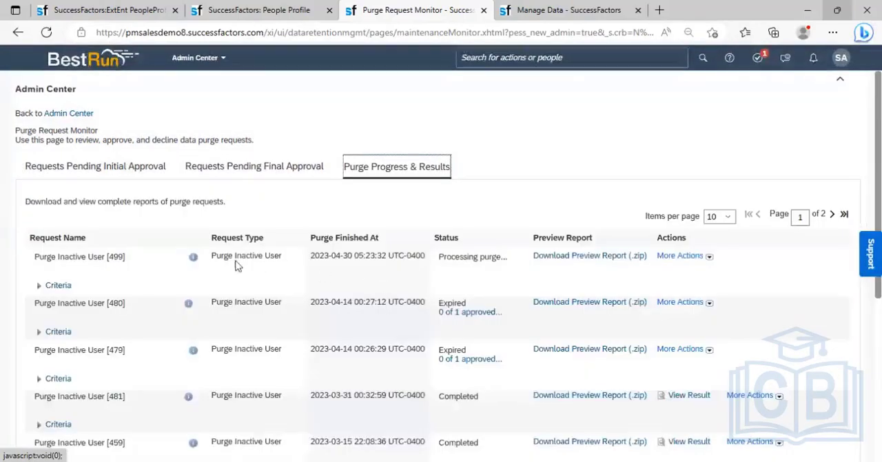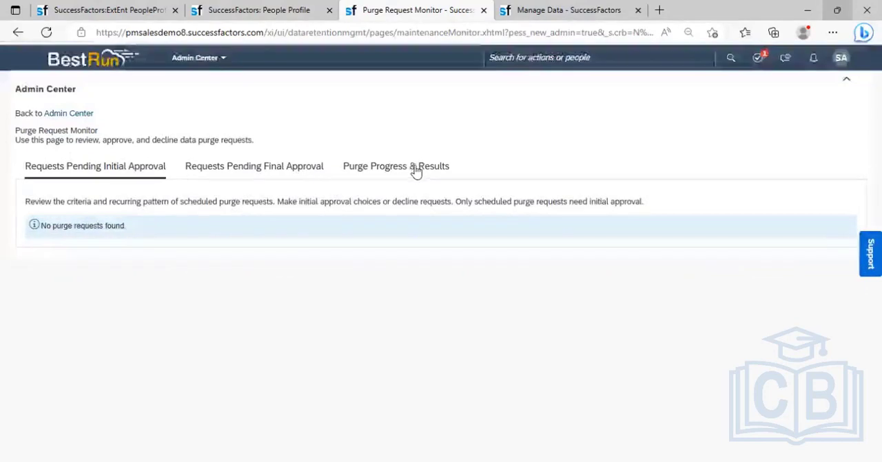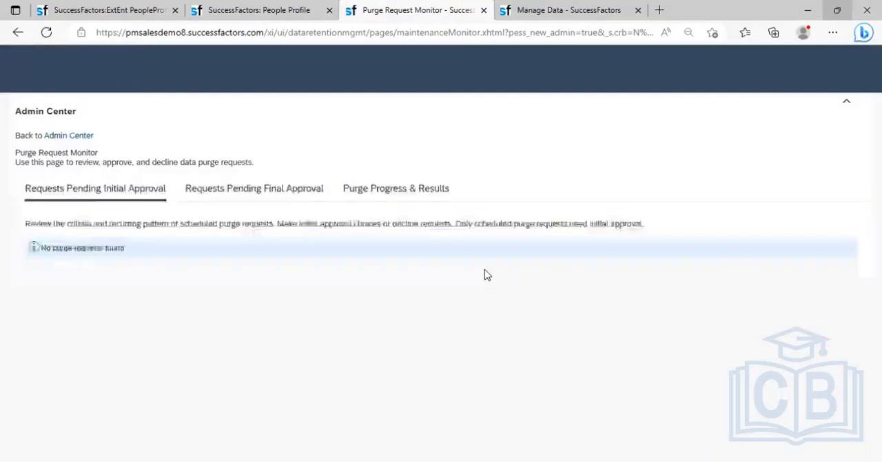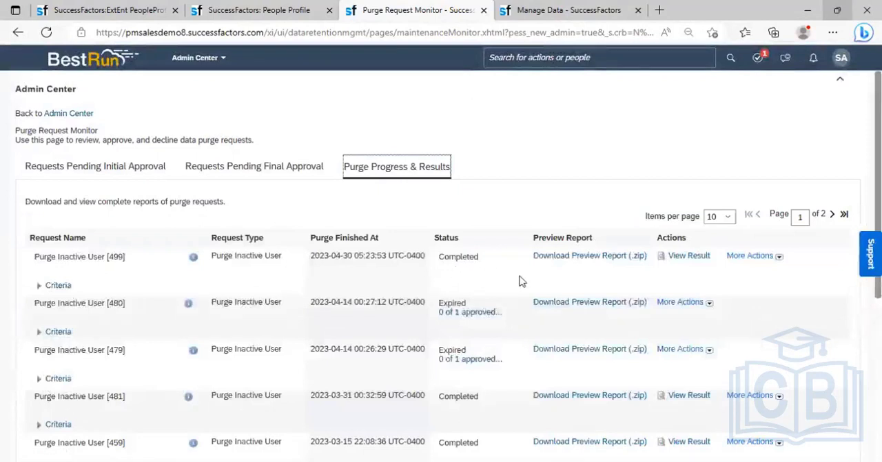Now you can see it is processing purge, because we have put two approvers and we have approved one only. The second approval was still pending. Okay, so it is showing processing purge. Again you go here, completed, right? Once it is completed, you can download the report. The same thing it will be showing again. But after this, once it is being done,